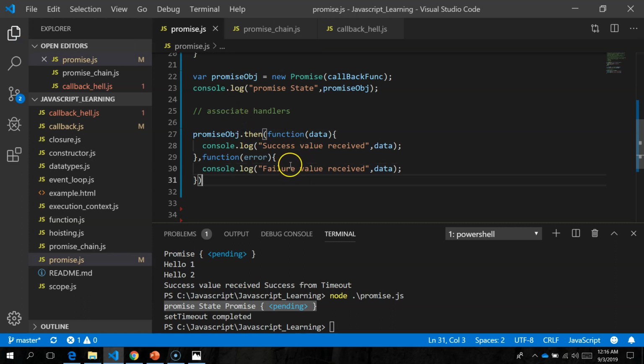Now we have associated handlers. Now if you try to print, this would get called. This is asynchronous, this is not synchronous.